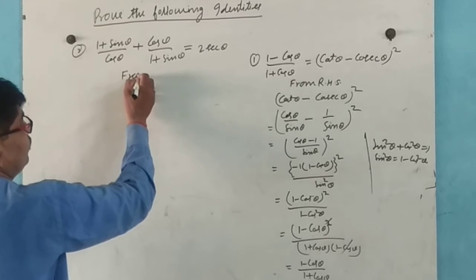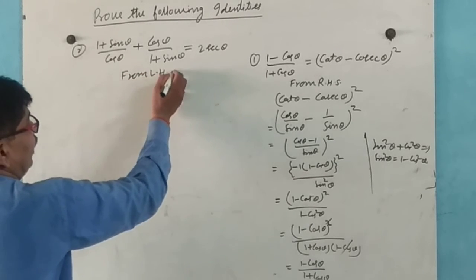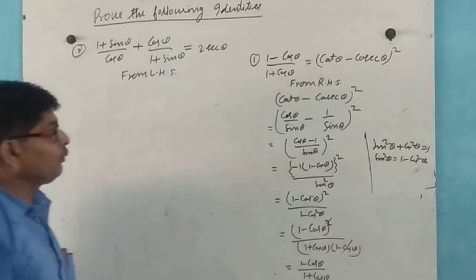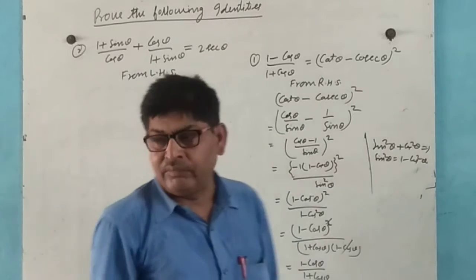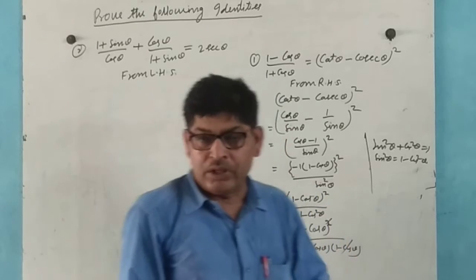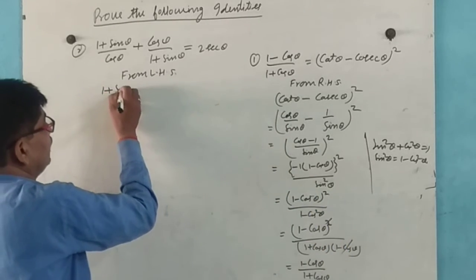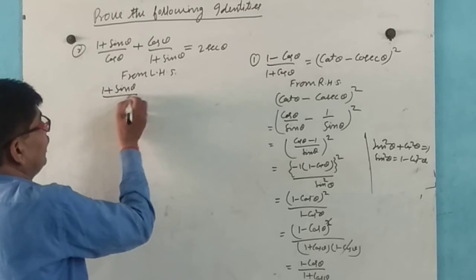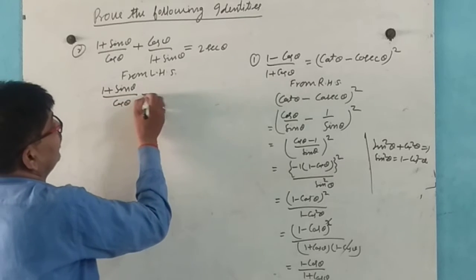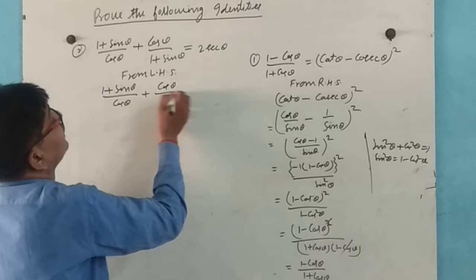From the left hand side, first of all we write the problem: (1 plus sin theta) divided by cos theta plus cos theta divided by